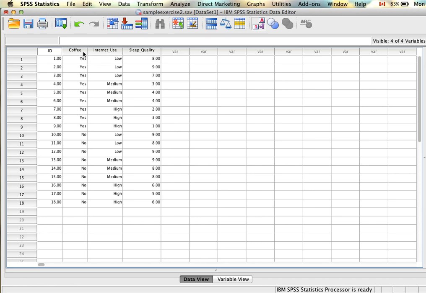Since we have 2 levels of coffee and 3 levels of internet use, this would be a 2 by 3 independent factorial ANOVA, and sleep quality here seems to be measured on a